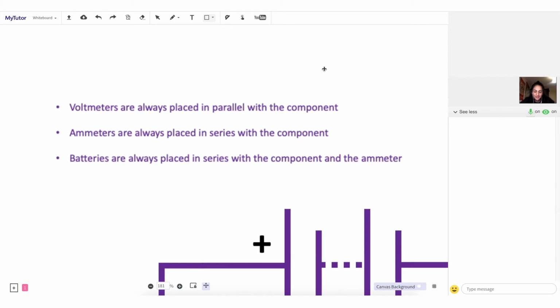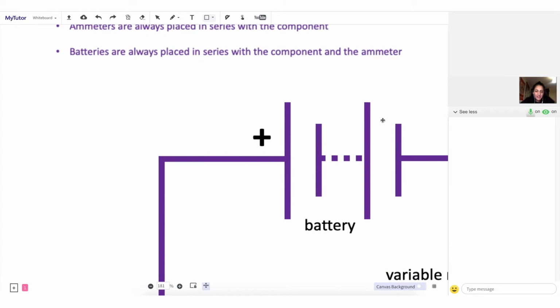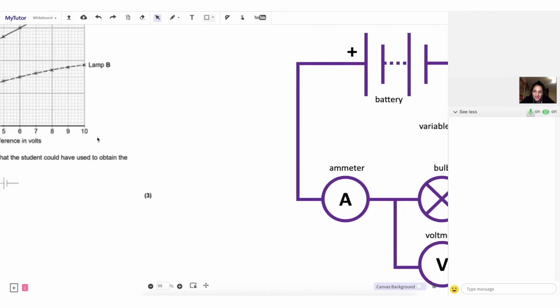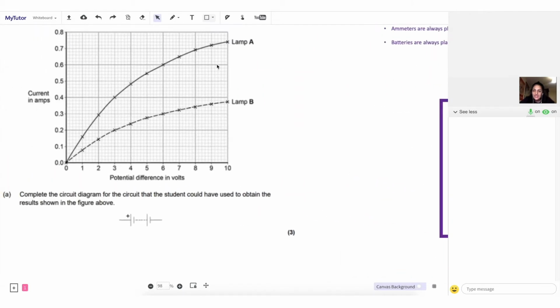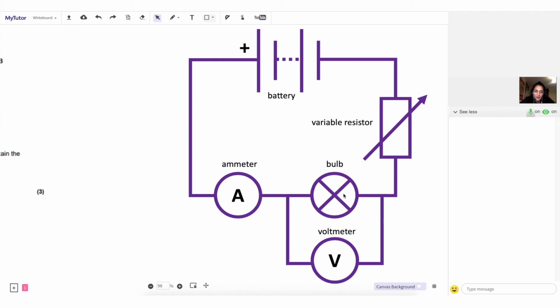the ammeter. Okay, so when we construct our circuit diagram, we first need to start with the battery. So the battery goes at the top of our circuit, then we join it to a variable resistor. We need to use a variable resistor and not a normal resistor because, as you can see, the resistance changes. We then connect it to bulb A or bulb B. We put an ammeter in series with the component that we need to measure the current of, and we put